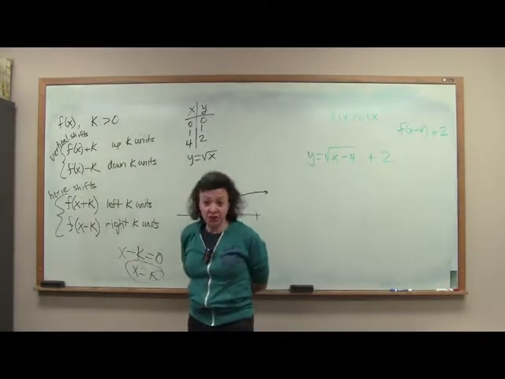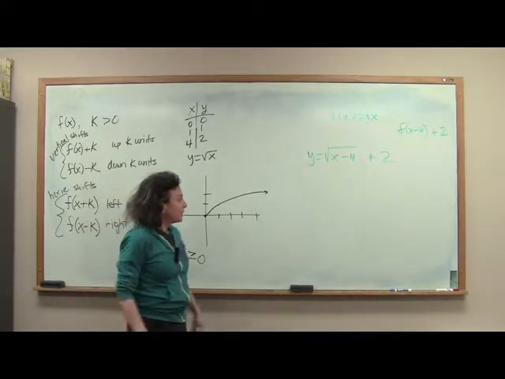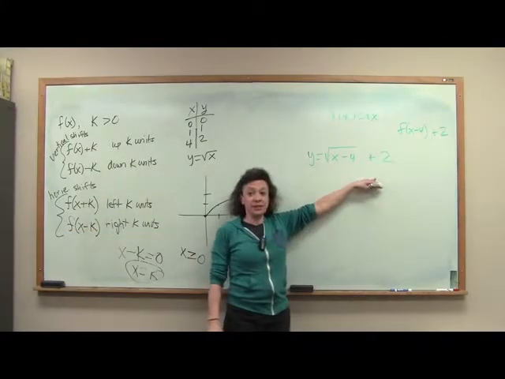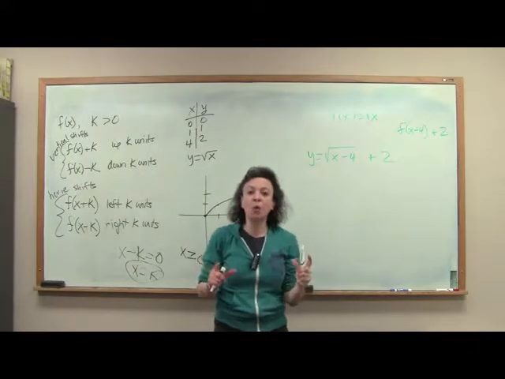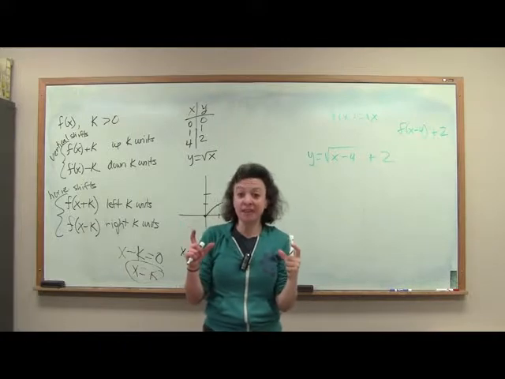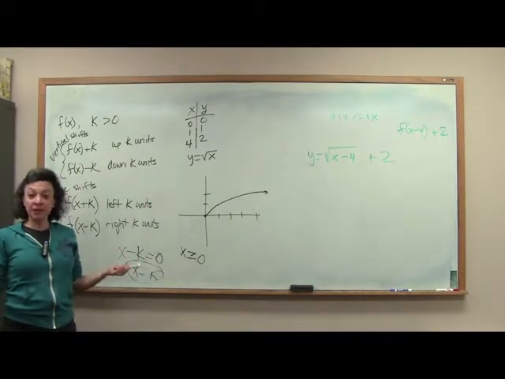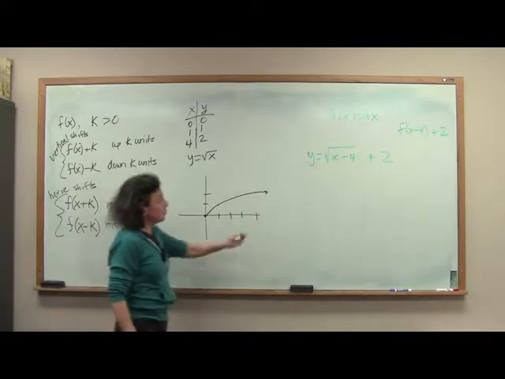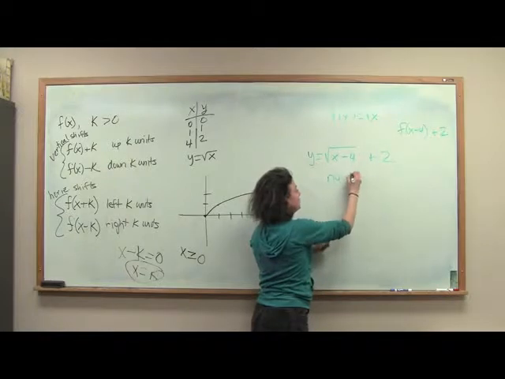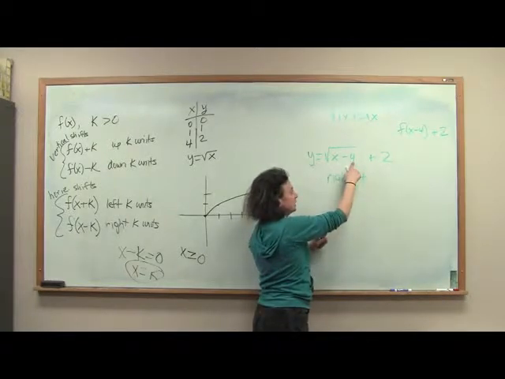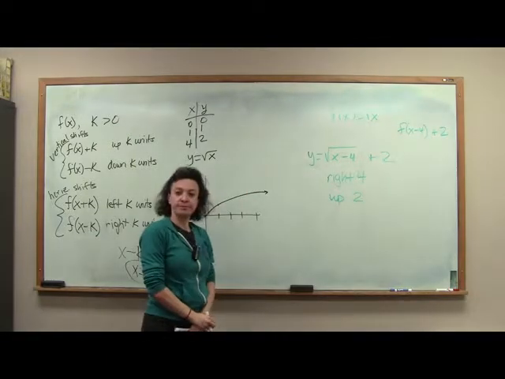Knowing your basic functions and what they look like is really helpful here. Okay? It looks intimidating to think, oh my God, how are we going to graph this? But if you know what your basic function looks like, and you know your shifts, you're pretty much good as gold. I mean, what does this say to do? This says, oh, we shift it right 4, because I'm subtracting 4 within, and then up 2, because I'm adding